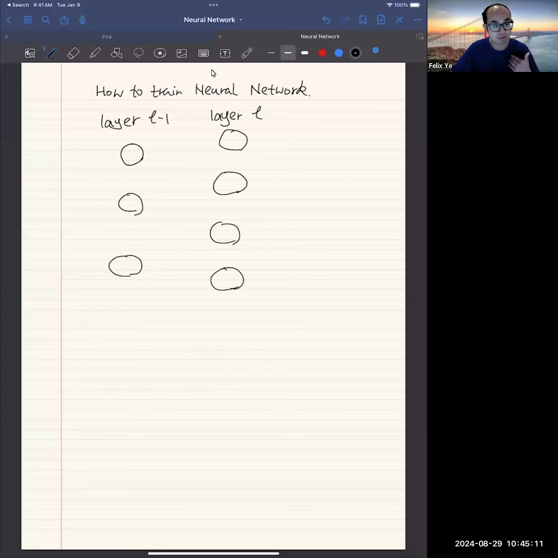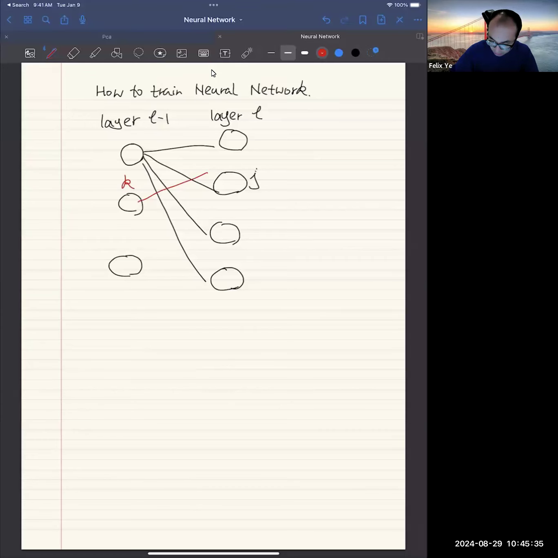And we know everything is fully connected, right? So for example, this is fully connected. But specific to this neuron J, it has the contribution coming from the neuron K from the previous layer. So this is the weight I want to learn. Right, this weight is actually